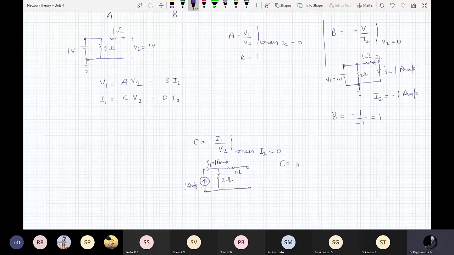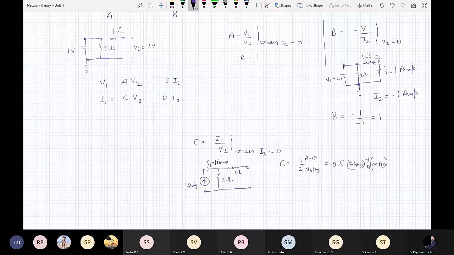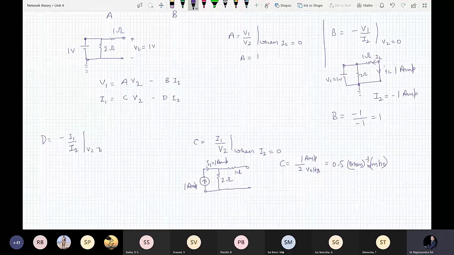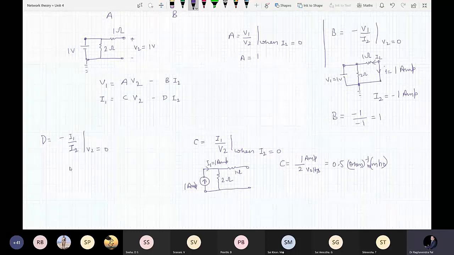So C is equal to 1 upon 2. Okay, so 1 ampere upon 2 volts. That is C. The value will be 0.5 and the unit will be ohm inverse, or mho you can write. Okay, so this is the C. Now what is the value of D? D is minus I1 upon I2 when V2 is equal to 0. Correct. So D is,